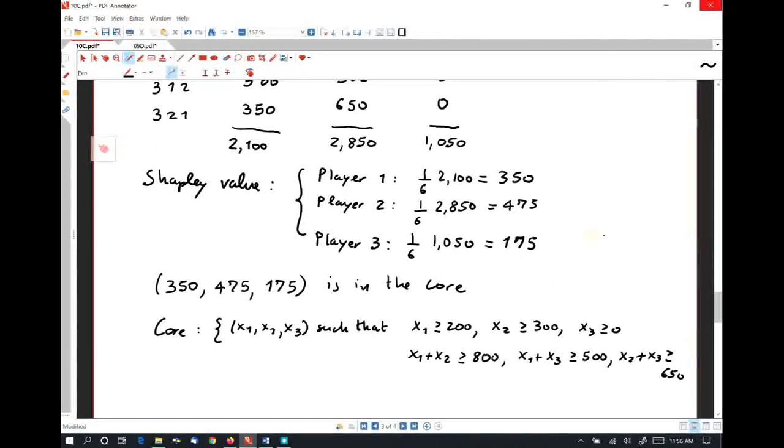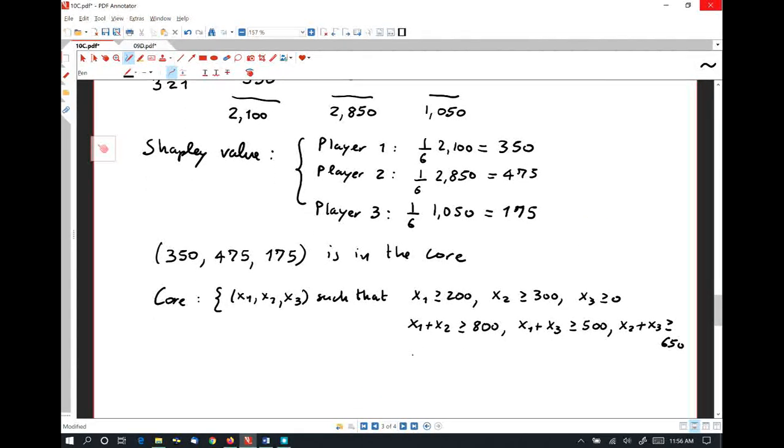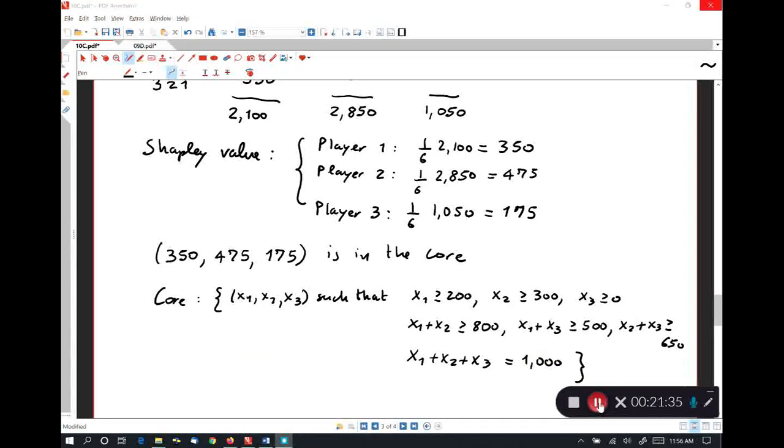And then finally we need the sum x1 plus x2 plus x3 to be equal to 1,000. And the Shapley value satisfies all these inequalities, so it is in the core, but the core contains many more imputations. In fact, any imputation that satisfies all these inequalities. So this is another example where the Shapley value is in the core, but we know that in general